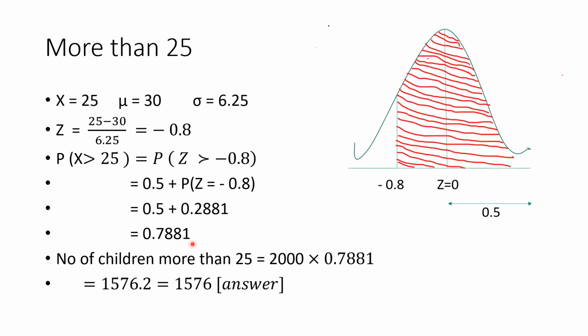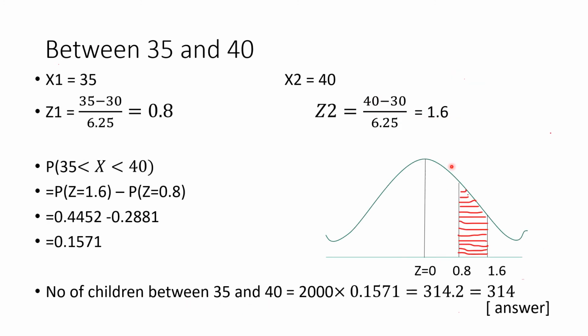Now, you have to calculate the number of children. So the number of children more than 25 is equal to the calculated probability multiplied by the total number of students. Total number of students given is 2000. So 2000 multiplied by 0.7881. Answer is 1576.2. You can round it off. Answer is 1576. Clear? Now, the third part of the same question asks you to find the probability between 35